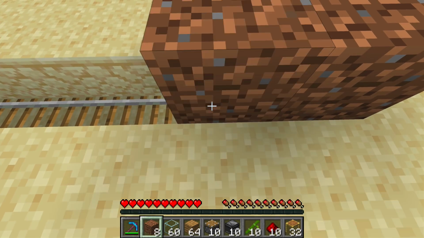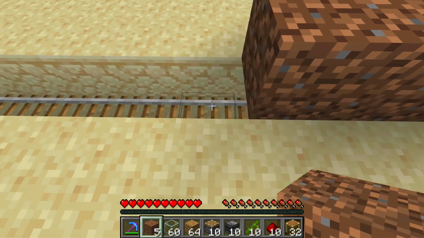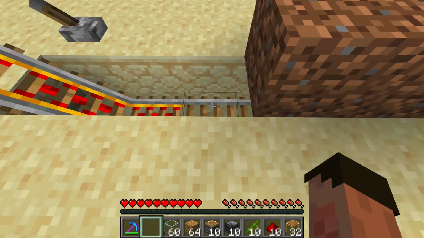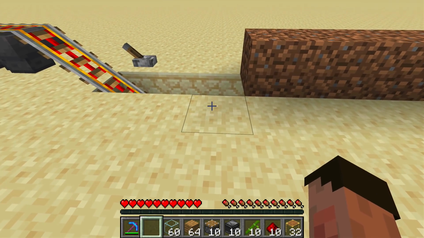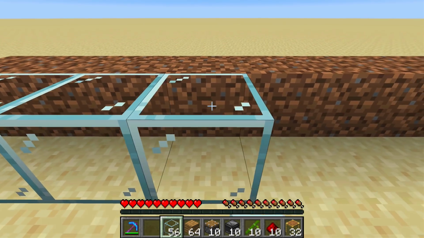Literally put the dirt on top of the rail and it will come in exactly the right spot. And you want to be doing that with all 10 pieces of your dirt, and you should have 1 rail exposed like that. If you've got that, you have done it right. Then get a row of glass in front of the dirt,